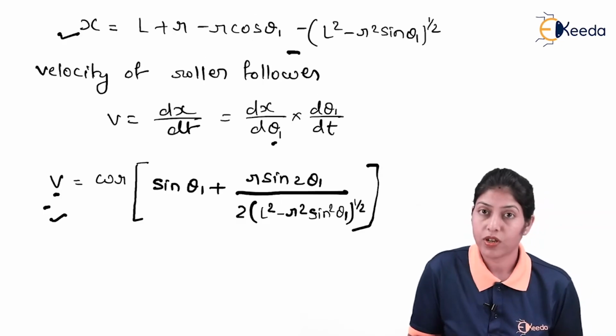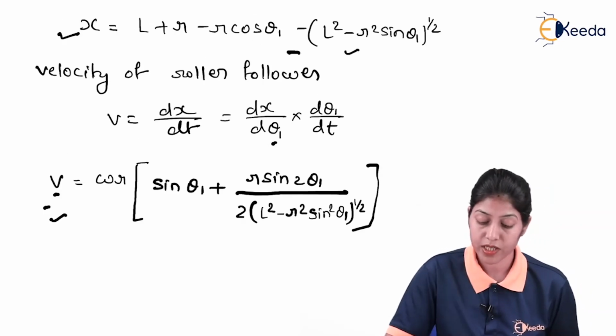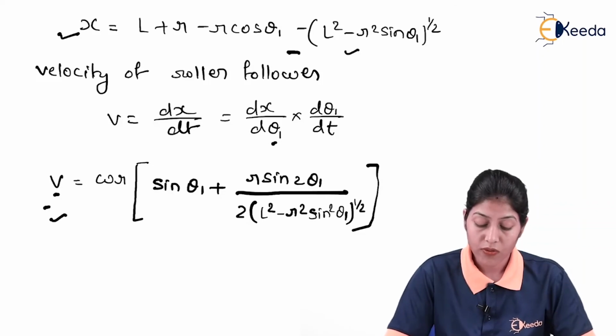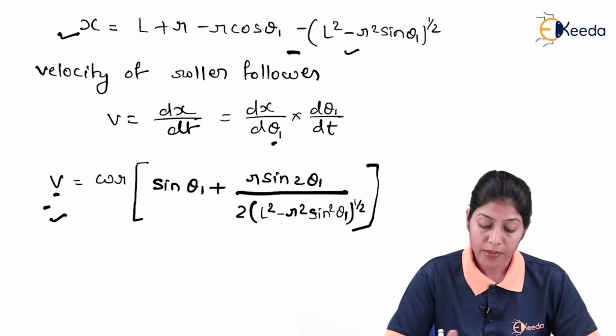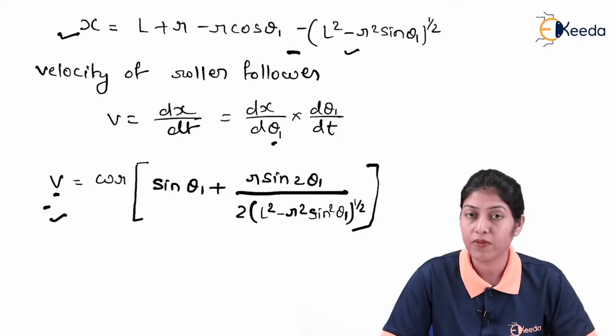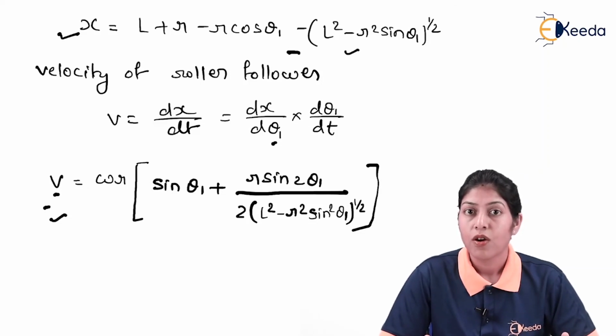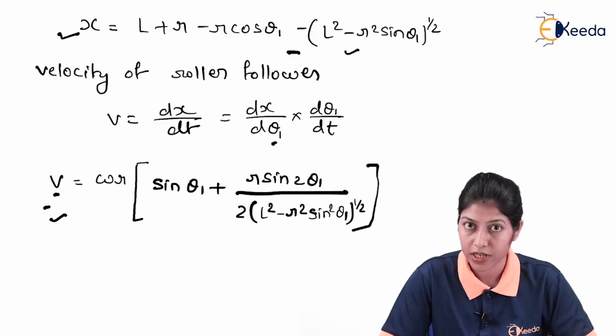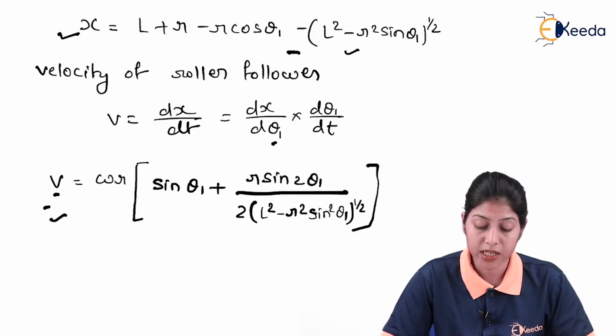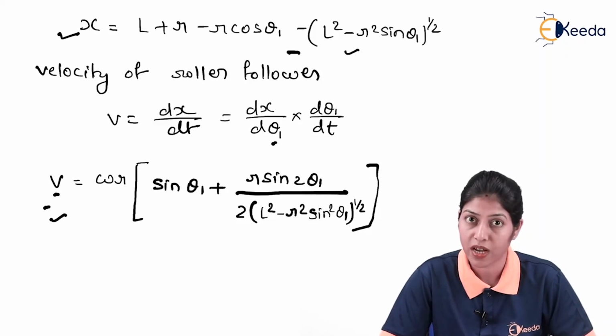Here is the equation of velocity, and here is the equation of displacement for the roller follower when it is in contact with the nose circle. So by this way we can define displacement, velocity and acceleration of the follower when it is in contact with the tangent cam, when the follower is in reciprocating motion and tangent cam is having angular displacement. And these three terms we can also define in the form of graphs also.